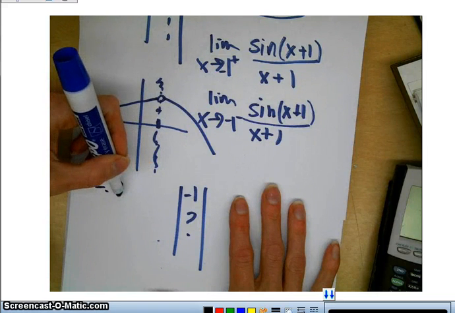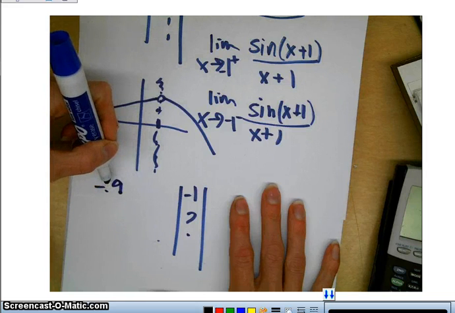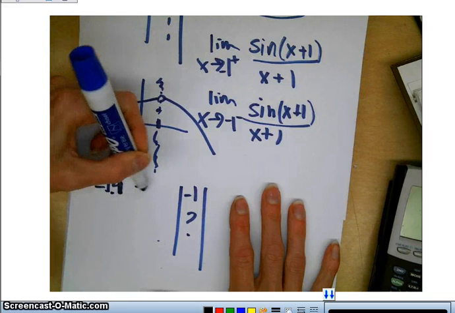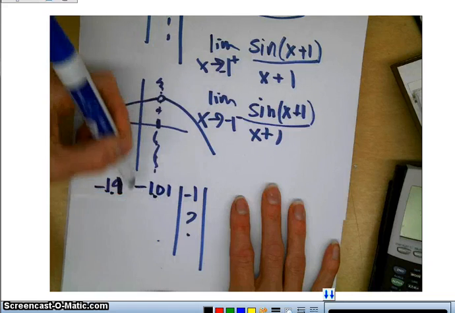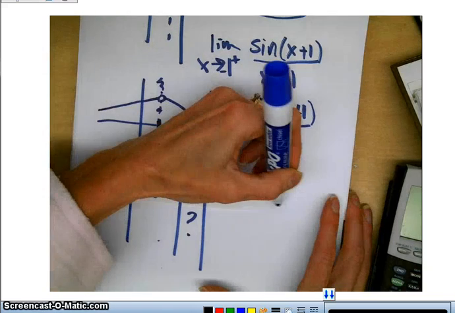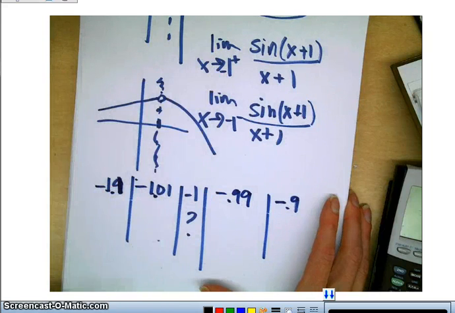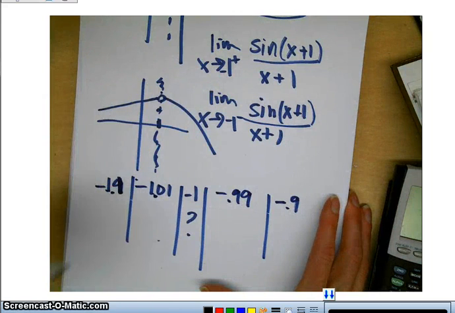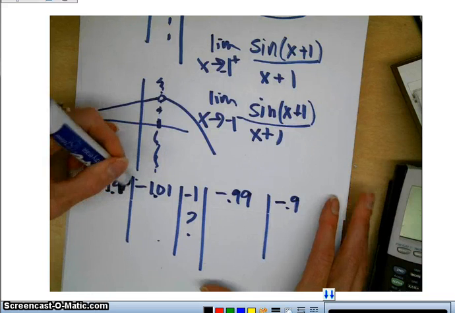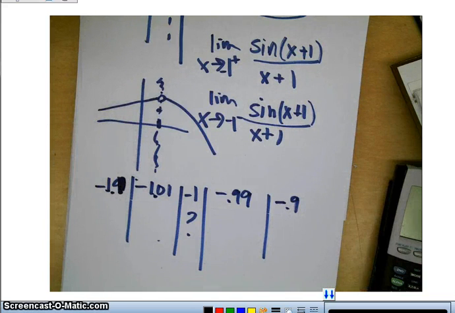-0.9. No, that's -1.1 and -1.01. Is that enough to check? Okay. And -0.9 and -0.99 from above. All right, so get your calculators out, and let's just say the first 3 rows plug in -1.1 and